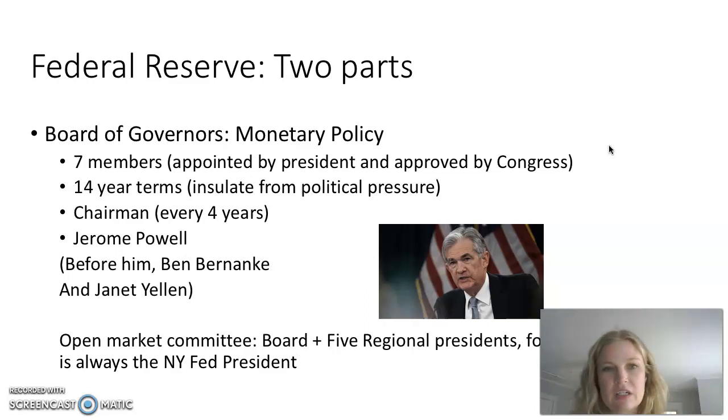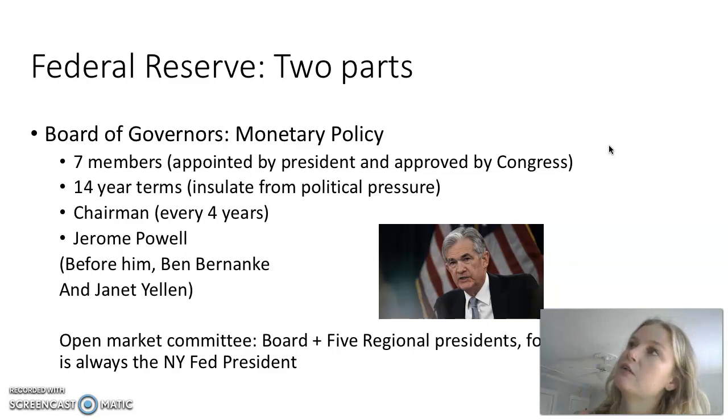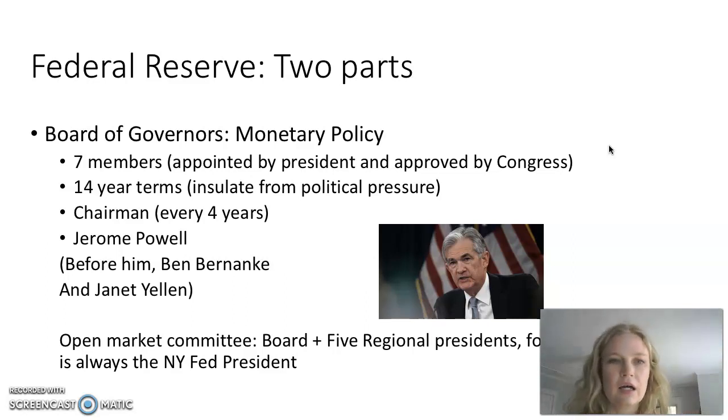The chairman is voted on every 4 years. You probably know Jerome Powell. Before him, it was Ben Bernanke and Janet Yellen, and before them, it was Alan Greenspan, and before him, it was Paul Volcker. Like I say, it's not political. So Jerome Powell was appointed by Trump, reappointed by Biden. The only time it's ever been political is when President Trump got rid of Janet Yellen because he wanted his own appointee, who was Jerome Powell. Janet Yellen is currently our Treasury Secretary, though, so she's doing just fine. And Jerome Powell is doing what I believe a Democratic Federal Reserve chair would do anyway, because it's not political.